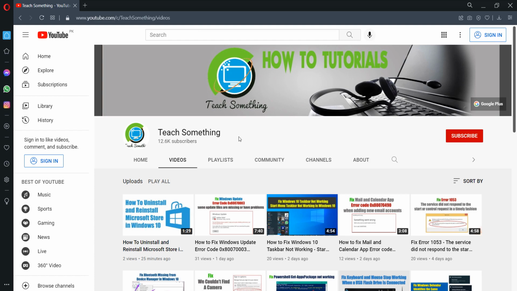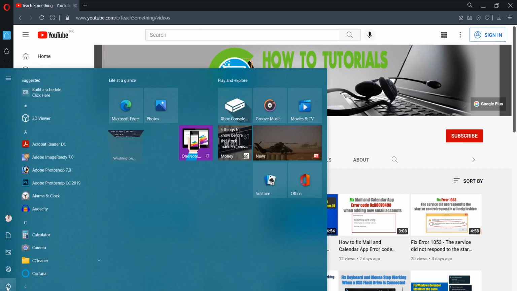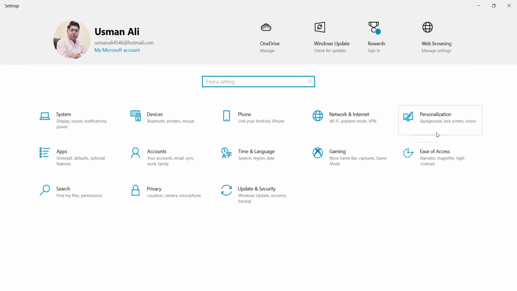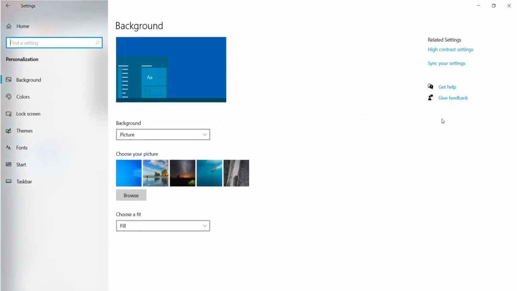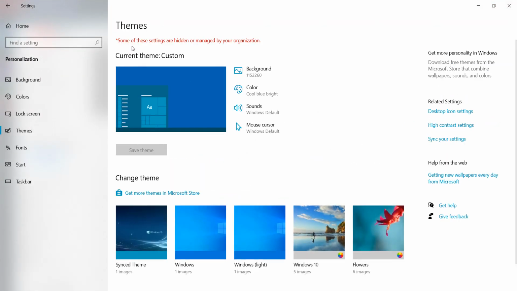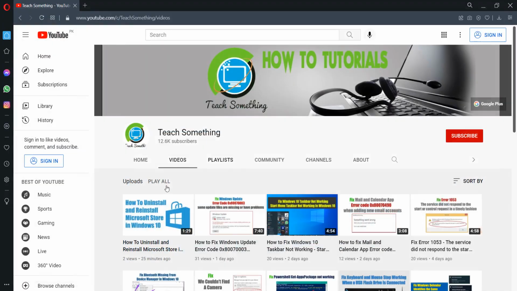So let's start. Okay guys, first of all go to your settings, Personalization, Themes. Now you can see that the error occurs: some of these settings are hidden or managed by your organization. So how can we fix it? First of all,